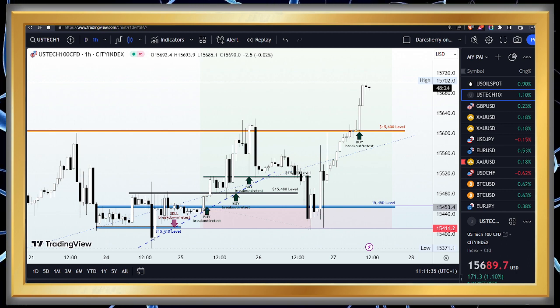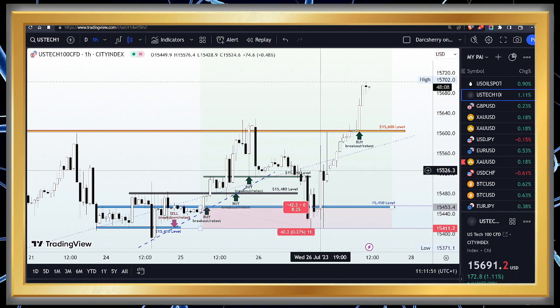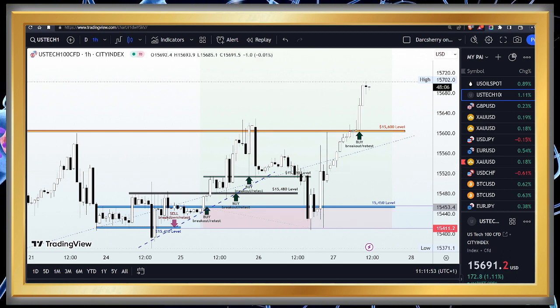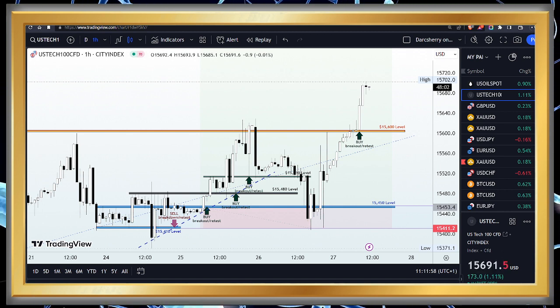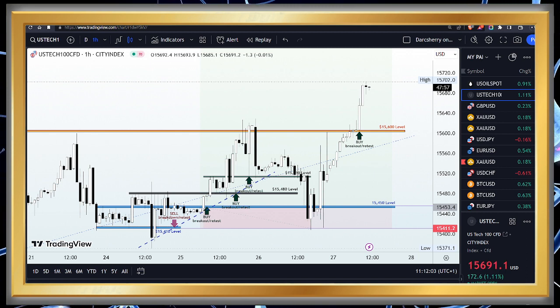So I have a couple of highlights coming in from the Fed announcement yesterday, which I also want us to be in know of. You can as well do your own research on the highlights for yesterday, but I came up with three. So the first one here is that Fed raised its key interest rate by 25 basis points. The target range for the Fed funds now stands at 5.25% and 5.50%.